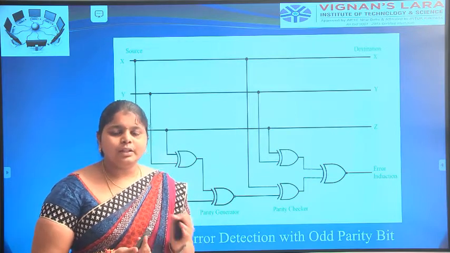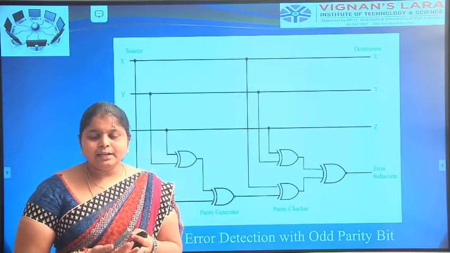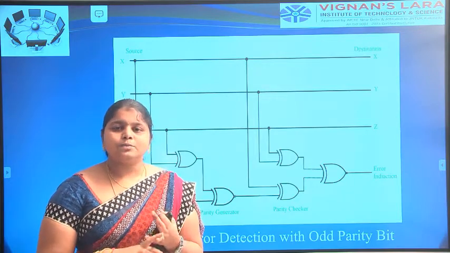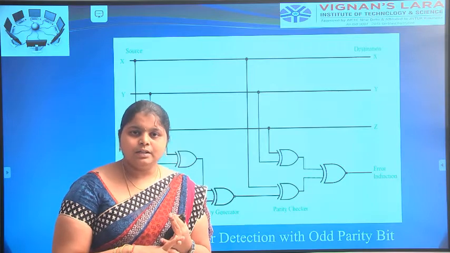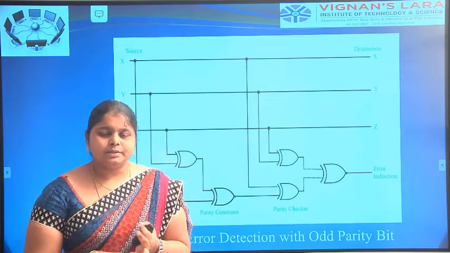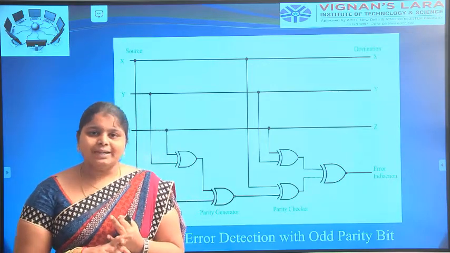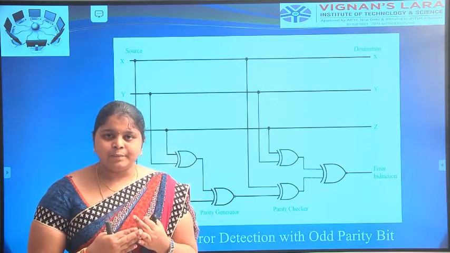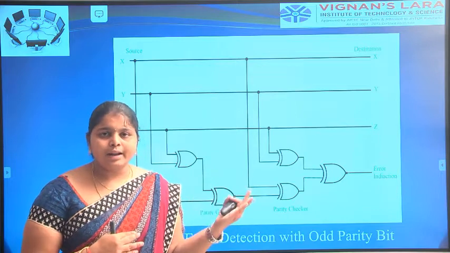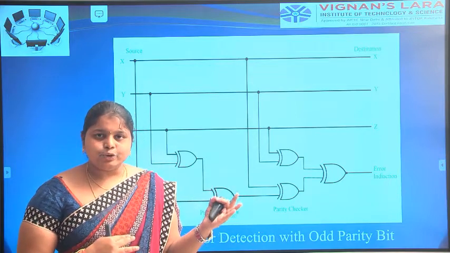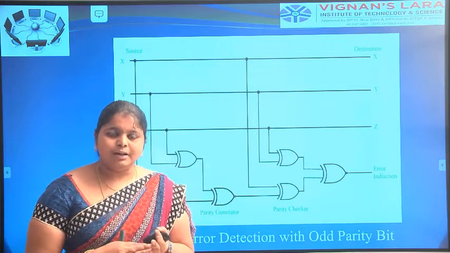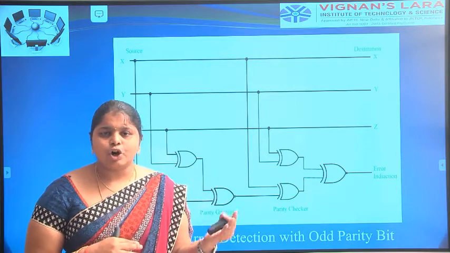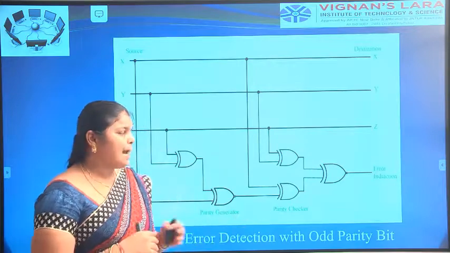We have to check with 3 techniques: parity bit, parity generator and parity checker. For parity bits, what type of data can be transferred, meaning 4-bit or 8-bit representation. And what is a parity generator? It is the main message that can be transferred through the XOR or NOR gates by using the circuit and also the truth table. Parity checker means whether the sender side information is correct or not, we have to check by using the parity checker.